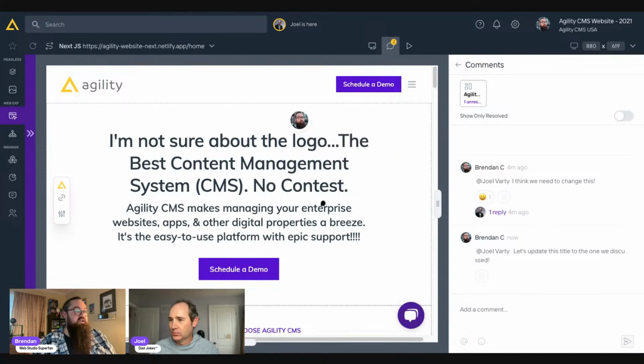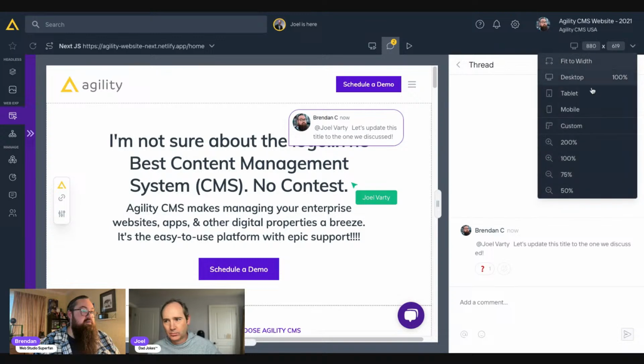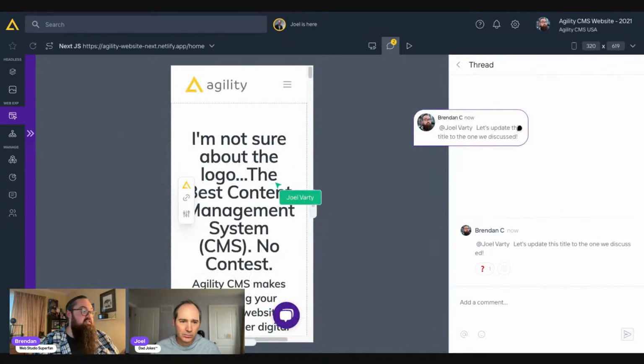I can actually see Joel in here at the same time, see his mouse moving around with me, which is awesome. He can see this bubble on his screen. And if we double click into it, it'll take us into that thread. We can have that conversation. If you resize the screen, the comment bubble will move around as you resize the screen to different modes so that you always have that context, except when I do it when we are demoing it in the AMA,